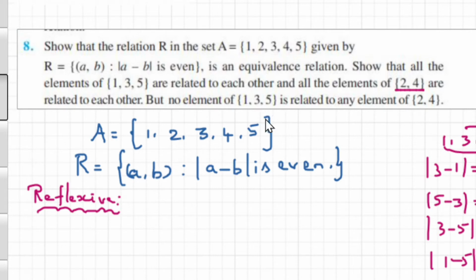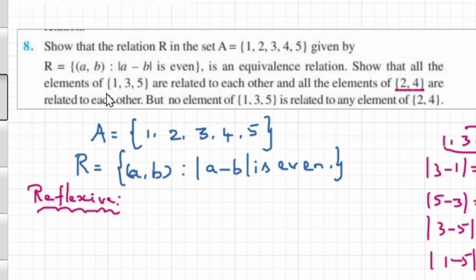If we have the difference of those two, odd and even, automatically we know that we'll get an odd number. So, if it is an odd number set, it will satisfy. If it is an even number set, then that is satisfied. But if odd and even are not related, these two sets are separate sets.